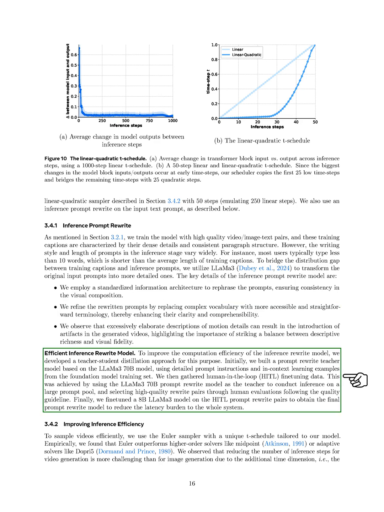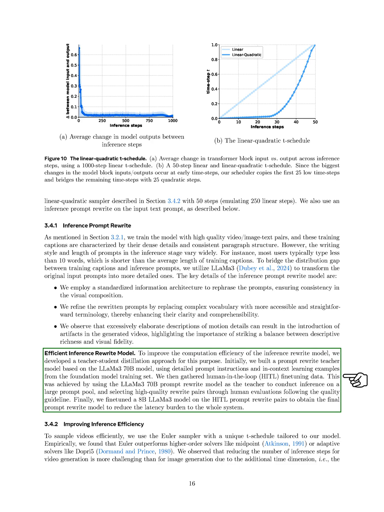To enhance the efficiency of our inference rewrite model, we developed a teacher-student distillation method. We first created a teacher model based on the Llama 3 70B model, using detailed prompt instructions and examples from the training set. We then collected human-in-the-loop fine-tuning data by using the teacher model to evaluate a large pool of prompts and selecting high-quality rewrites based on human feedback. Finally, we fine-tuned an 8B Llama 3 model on these selected pairs to create a final prompt rewrite model, reducing